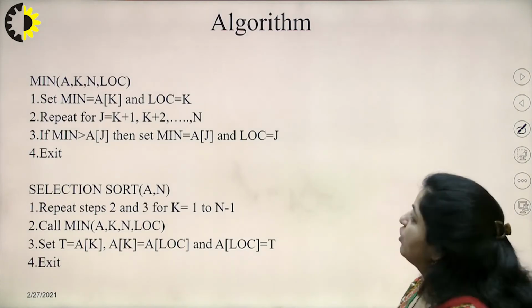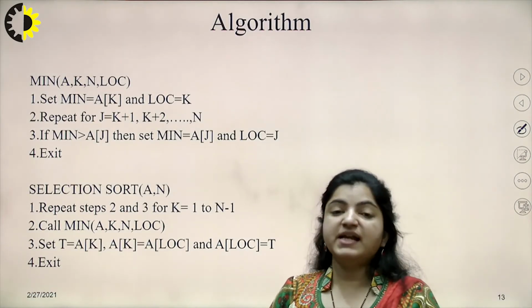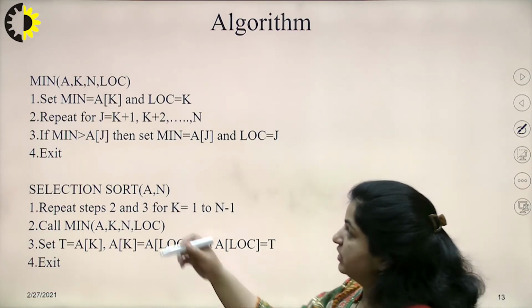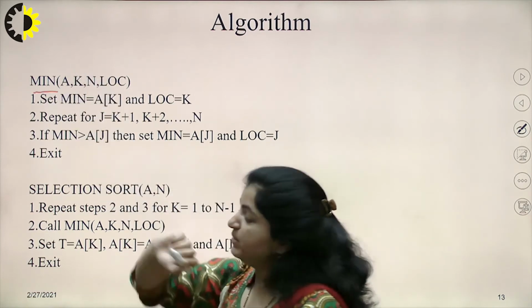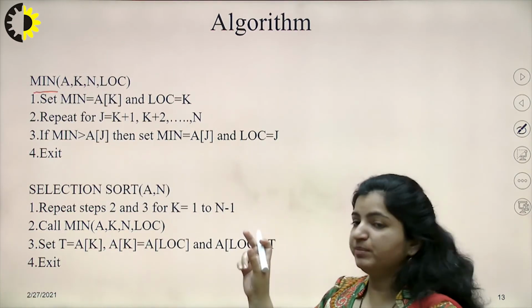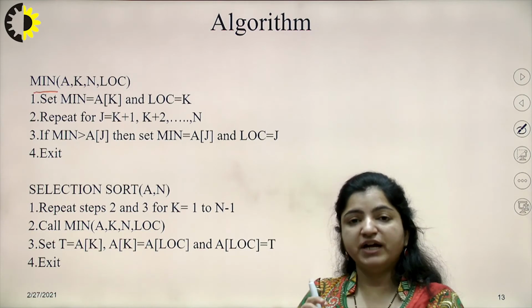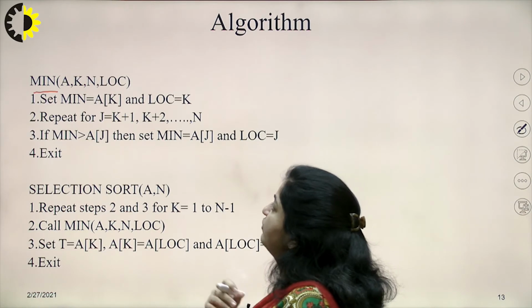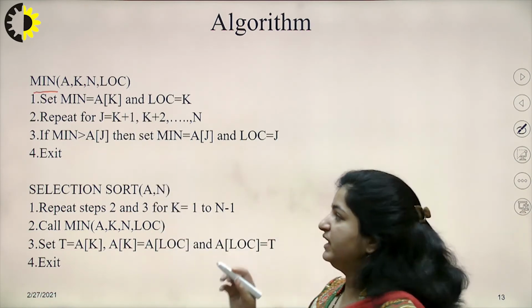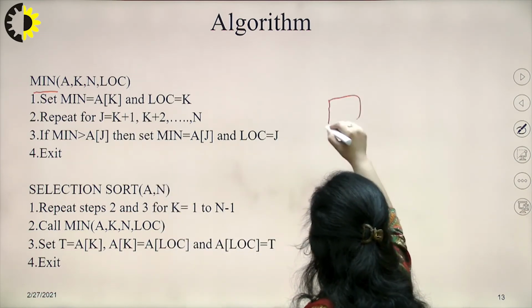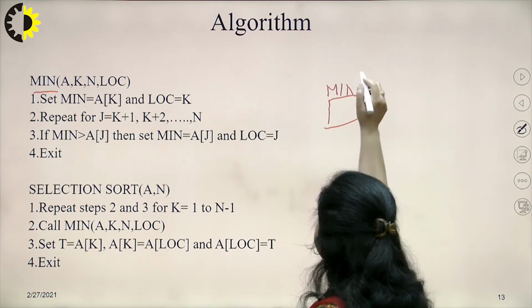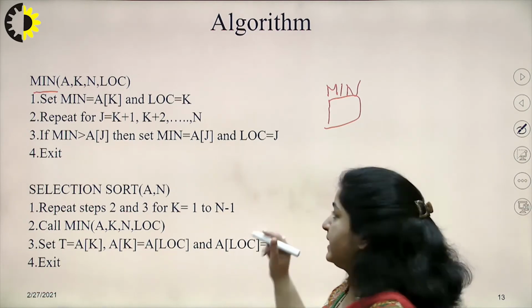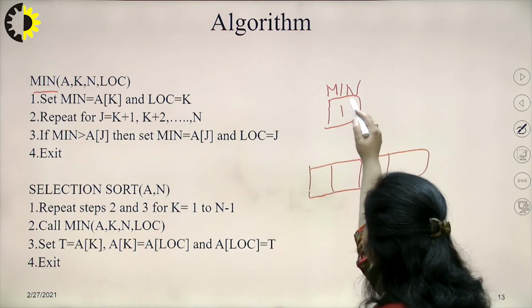So now what the algorithm says. First, as I said, we have to find out the smallest value. So for that I have named the algorithm min. This min is representing that this particular algorithm is finding the smallest value inside the array. So now in order to find the smallest value, we will take one variable. This min is actually taken as a variable inside the algorithm, and we will place the value from that array into this min. Their min we need to calculate.